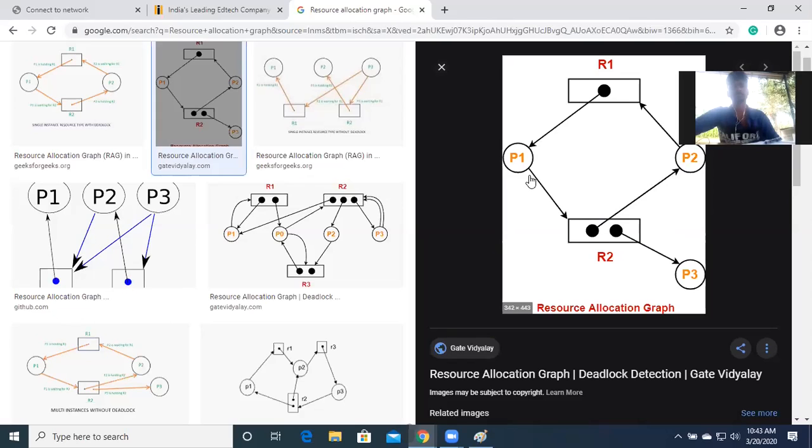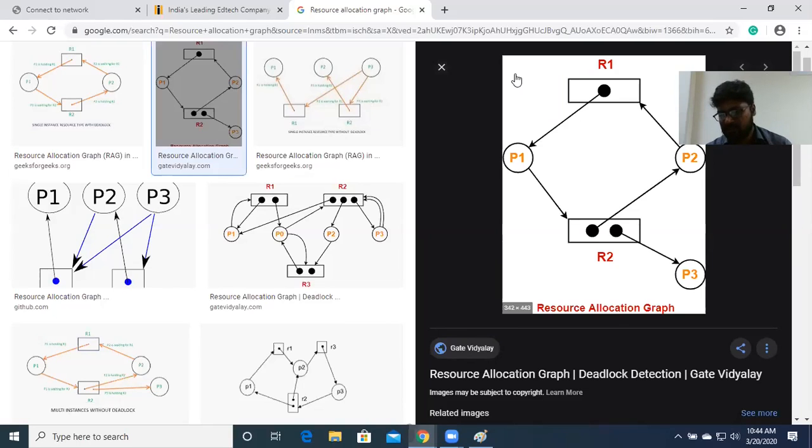This is the way of representing the scenario in a resource allocation graph. You have to make a note of this. Then it is very comfortable for you to prepare for the examination. If you have your own handwritten notes, no need to spend much time on exam preparation. Within a few minutes, you can simply prepare. Otherwise, you have to go through the book or material. Even in the PPT, you have a lot of text to read one by one. It takes a lot of time. That's why I'm insisting you take running notes. Got the point?